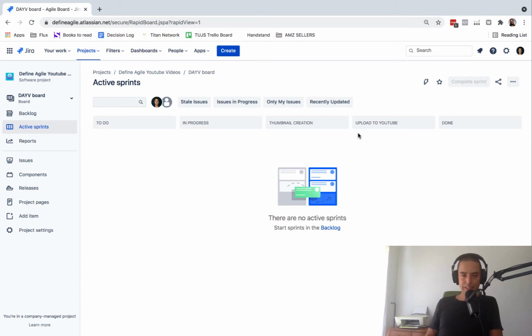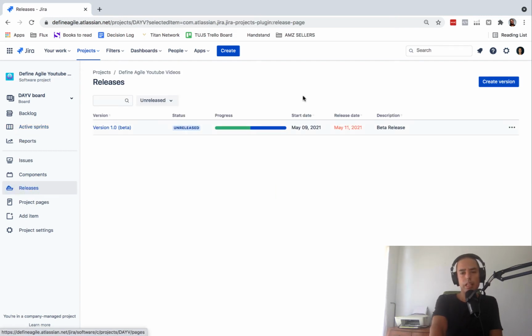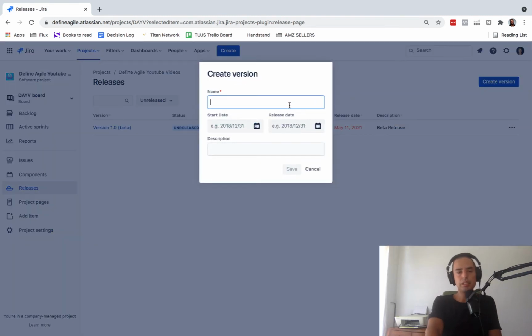And now let's look at releases. So I'm right now in my Scrum project. You can be, I think, in Kanban as well, but in Scrum, you have this releases tab. So all you need to do is click on releases. And here you are: the releases and versions are related in JIRA. So you need to create a version which will be your release, and then you can have a status of unreleased or released. So you just create a new version, which will be your release, and you can call it